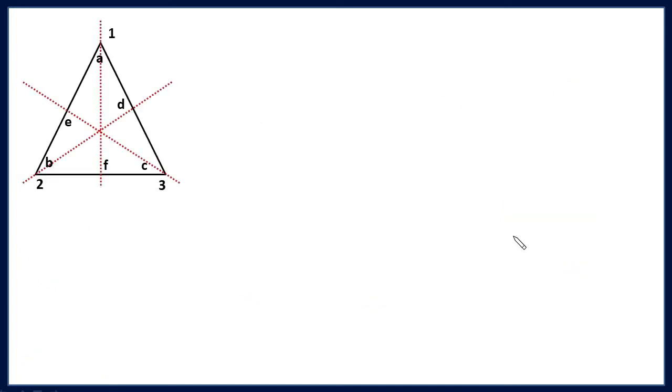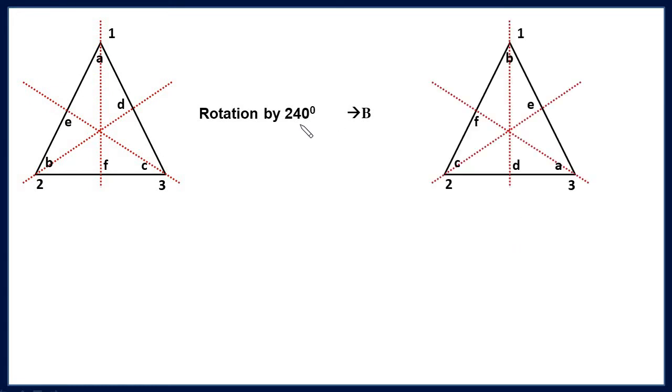In similar manner, if you apply this transformation, that is rotation by 240 degrees, you will find out the new position of A is 3, new position of B is 1, new position of C is 2, right? You have to just rotate it about the axis perpendicular to this plane passing through this point. Why I am doing it, it will be clear in a minute.